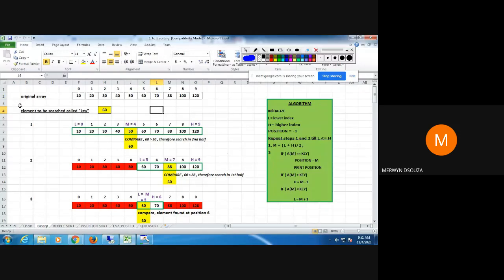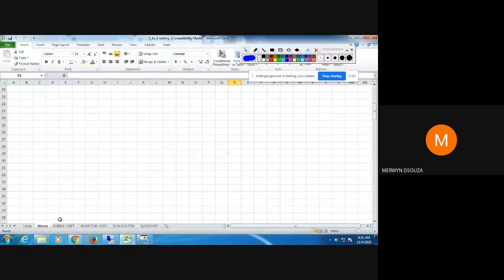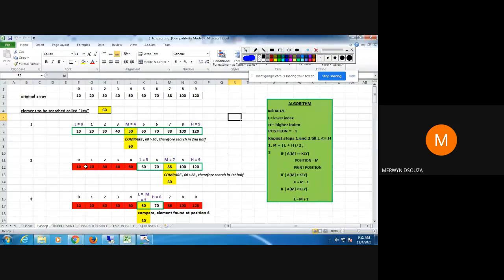So what your binary search does is, first it starts by taking a midpoint of the original array. To take a midpoint, it uses some variables like it is shown here. We will initialize these variables: L will be set to the lowermost index, H will be set to the highest index.